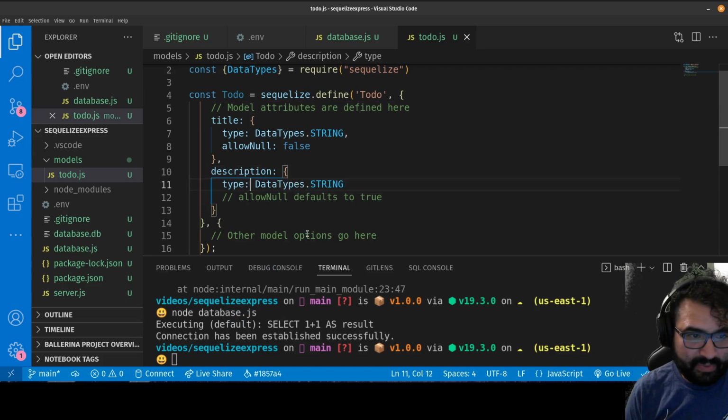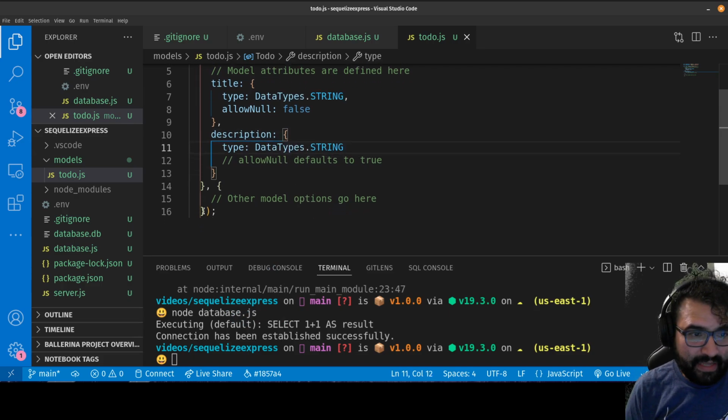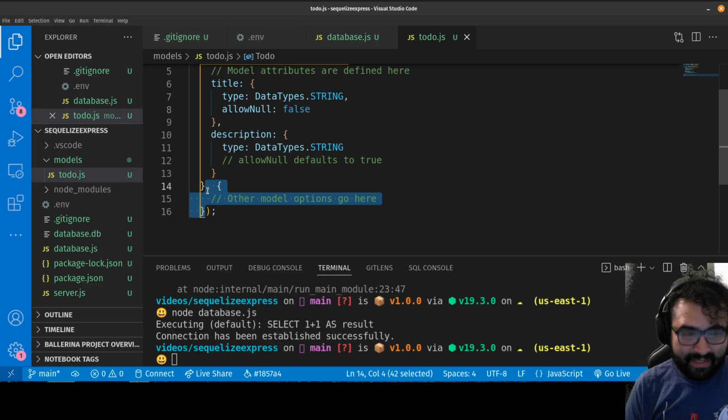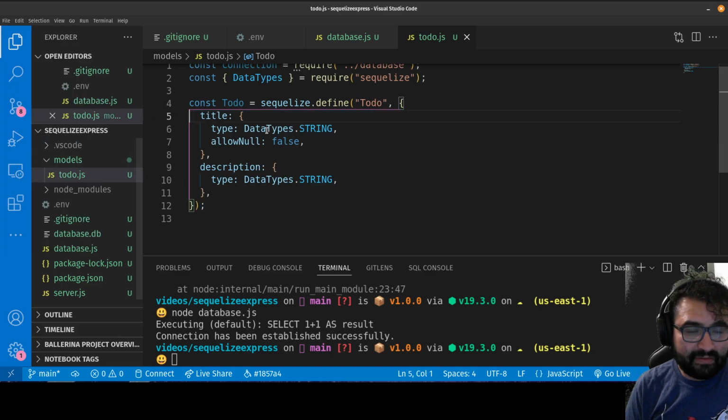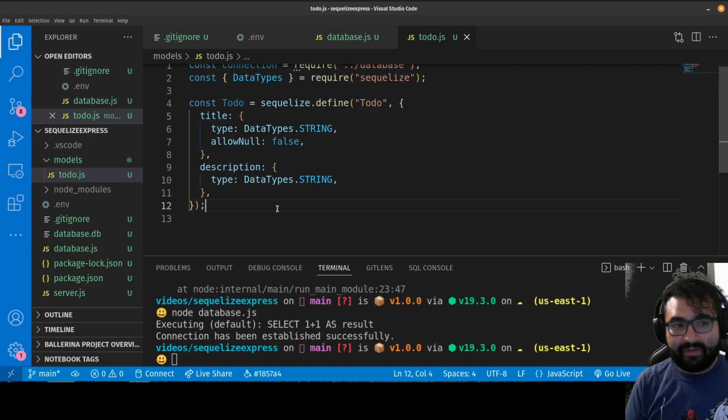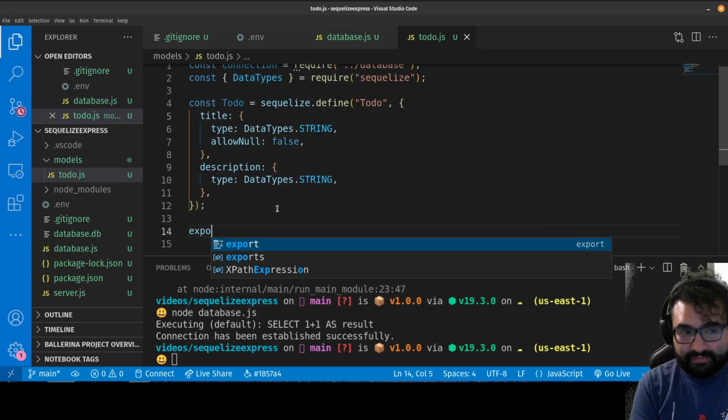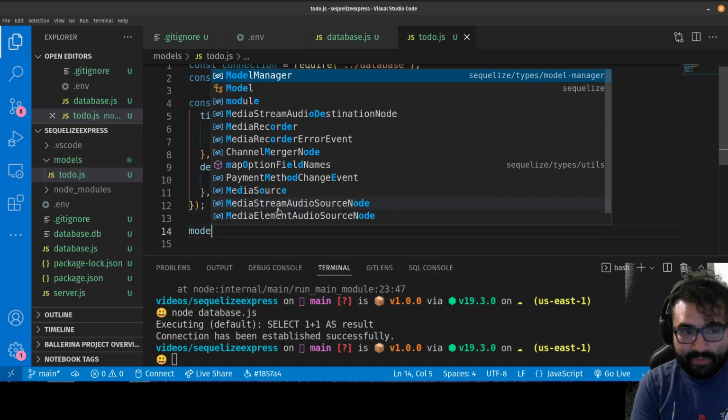Okay, which will also be a string, and that's fine. Okay, and then other model options would go here, but I don't have any, so I'm just gonna clean that up. Just clean up all these comments out of there. Okay, and then you see there's my model, and now I can just module that exports a model